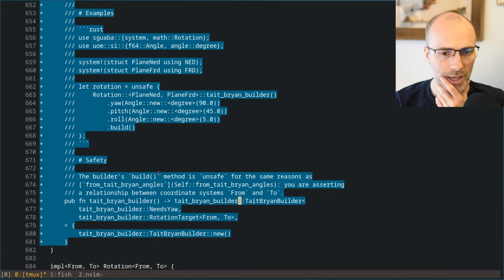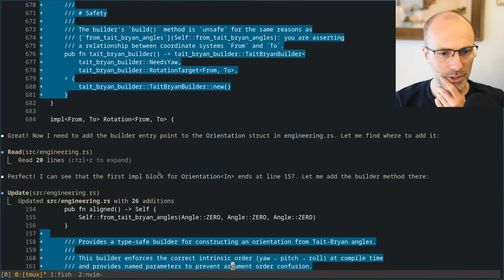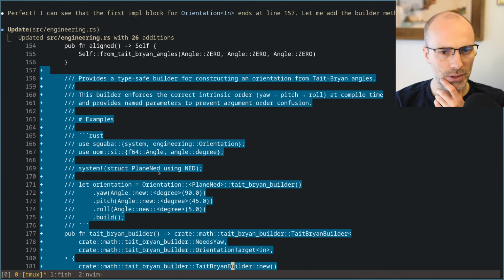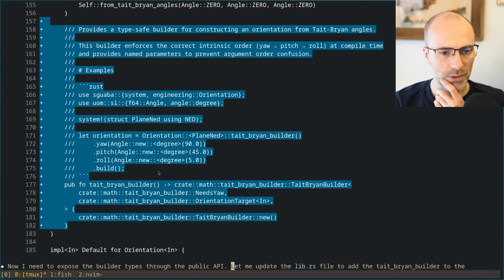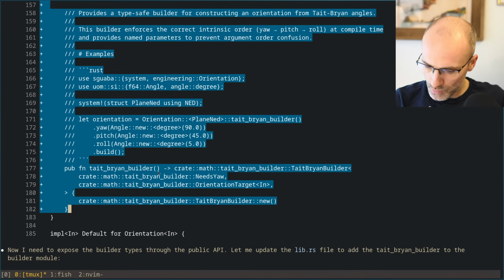Gives you back a builder that needs yaw with a rotation target. And it just constructs a new of the builder. And then for orientation, yeah, I think maybe we want to add a deprecation message to the old constructor as well to tell people to prefer the builder.